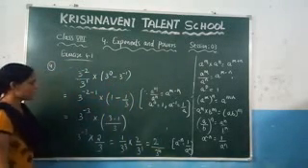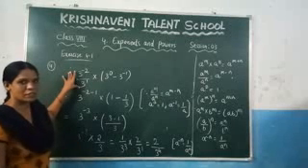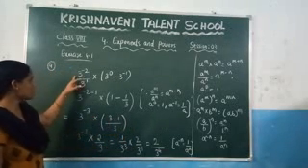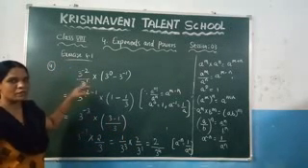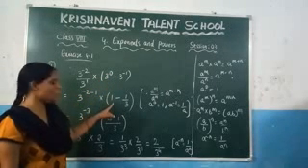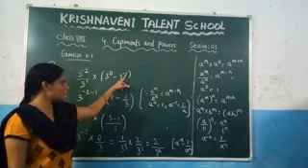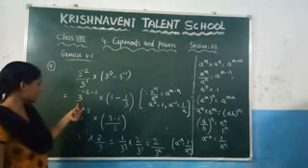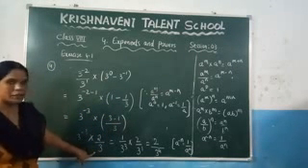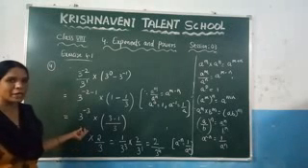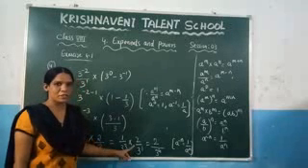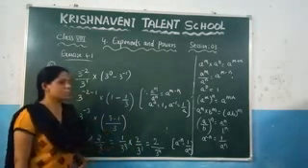This is the problem. Here what we have done here, they have given this question and they ask that to simplify and you have to state the reason. So since the bases are same, we have applied the identity, which is a power m by a power n is nothing but a power m minus n, and you know that anything to the power of 0 is always 1, and a power minus 1 is nothing but 1 by a. And we have calculated here by taking the LCM, we got it here 3 power minus 3 into 2 by 3, and again here we have applied the identity a power minus n, which is nothing but 1 by a power n, and you know that a power m into a power n is nothing but a power m plus n. Like this you need to solve the problem.